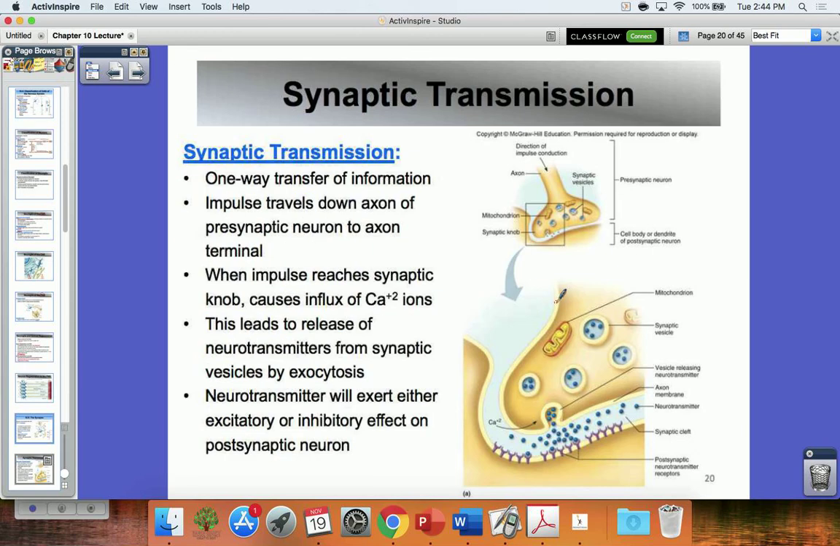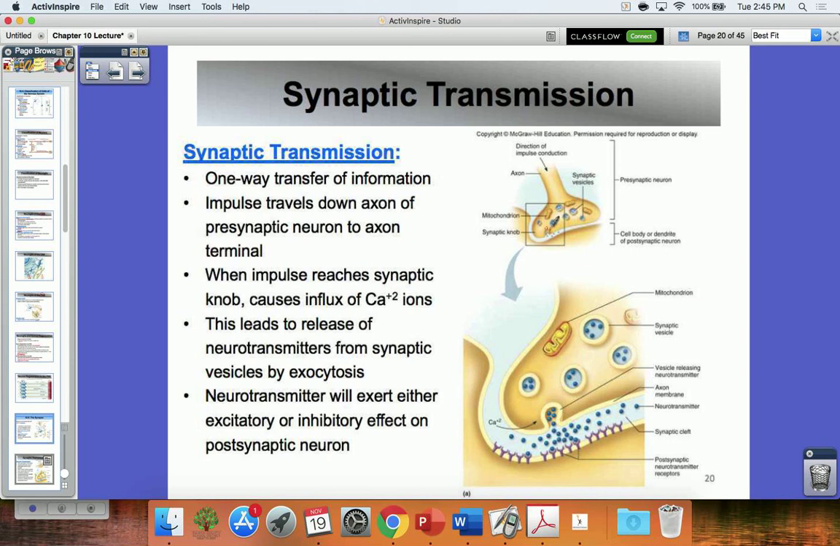And so, whenever information is brought to a neuron, we're going to talk about a little bit more detail, but it travels down the axon. This is what's taking information away from the cell body and down towards the axon. Whenever this signal or this impulse reaches the synaptic knob, which remember is the very end of the axon terminals,